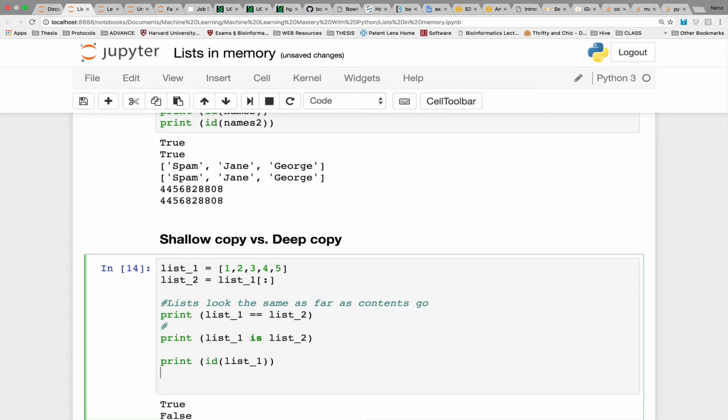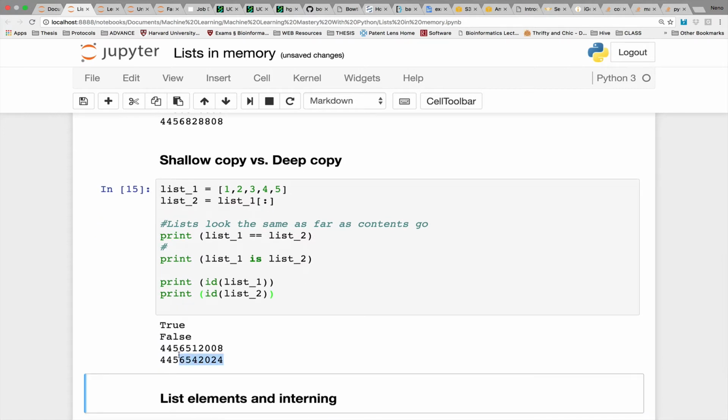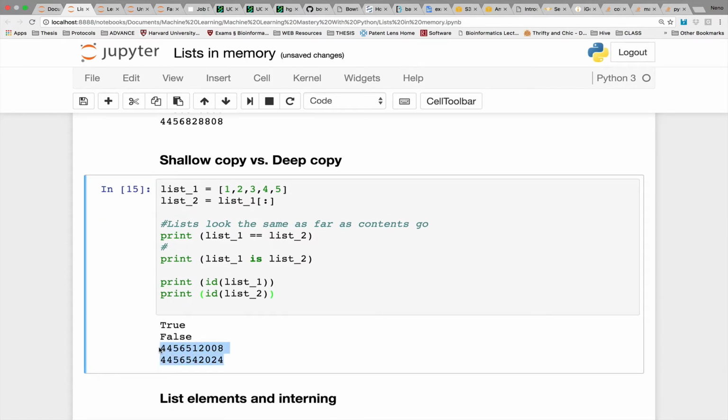And then print the ID of list 2. All right, and here we go. Different, right? That's kind of interesting. So we made a copy and we make a copy. That means that these are separate. Now, the question is,